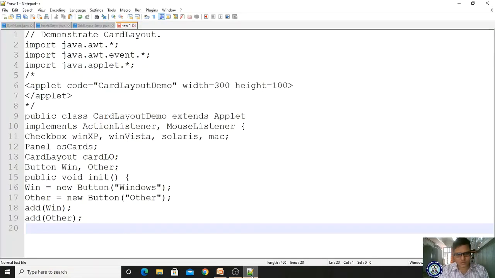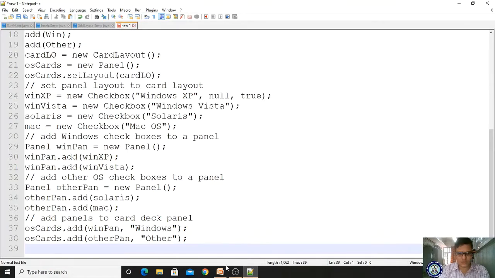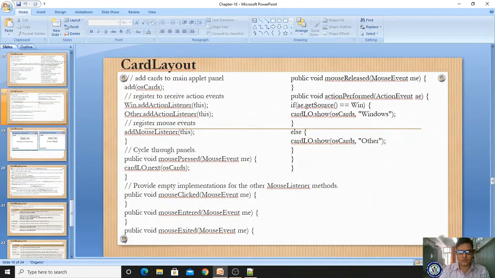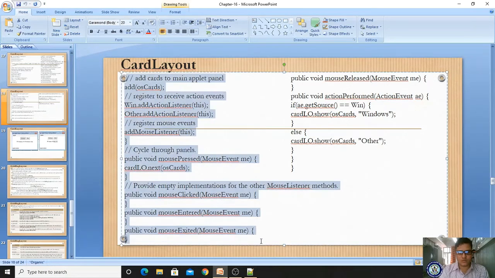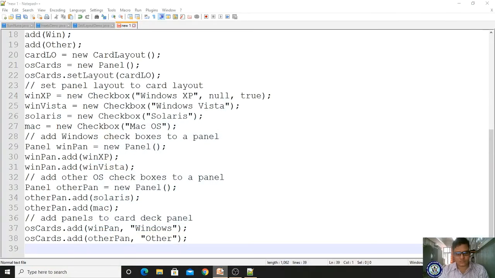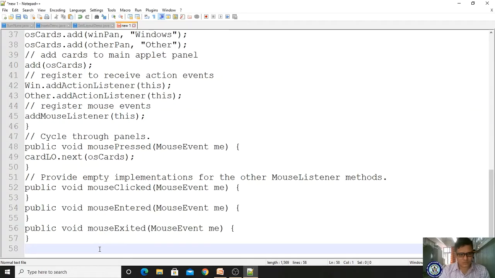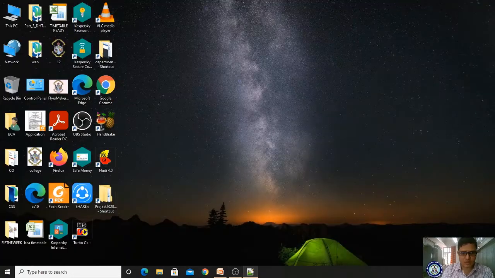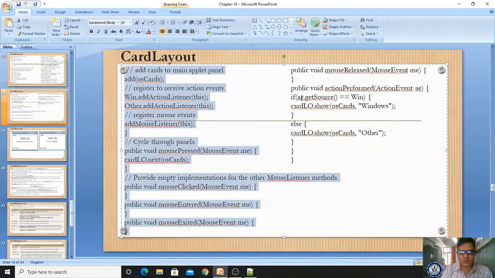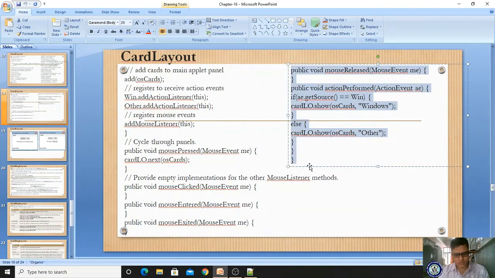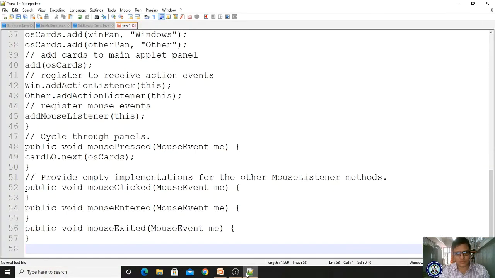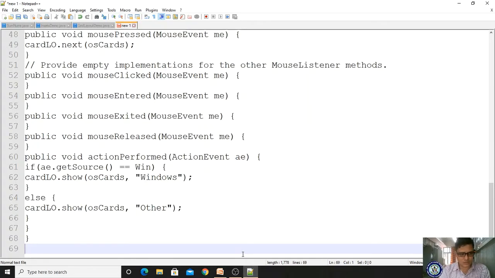Copy, come and paste. And come here, copy and paste here.